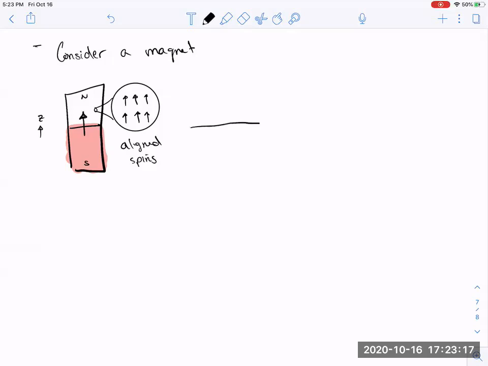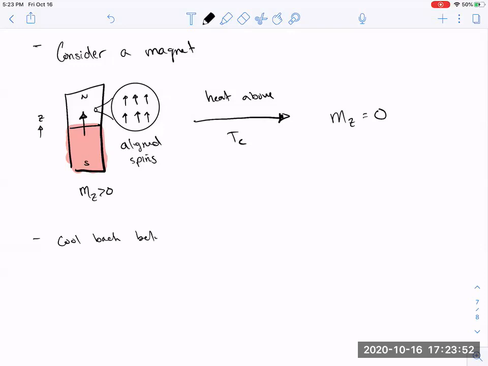And indeed, if you were to take your, oh boy, fidget spinner or your bar magnet and heat above Tc, put it in your microwave, the magnetization, the magnetic moment in the z direction, would go to 0, where it started at something finite and positive. If we were to cool back below Tc, slowly, thermodynamically,